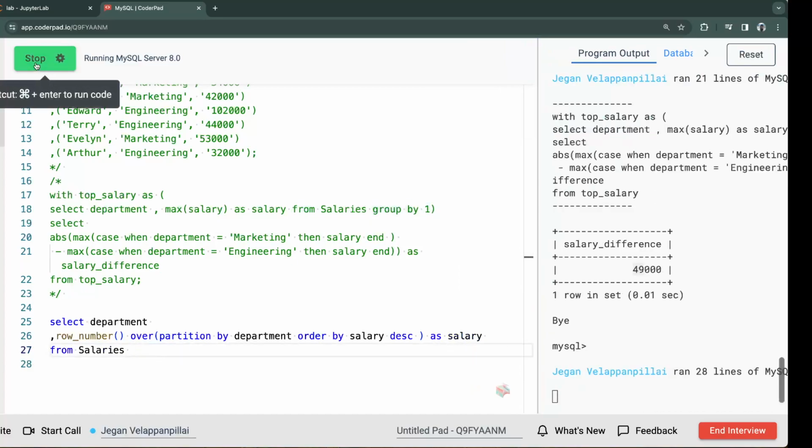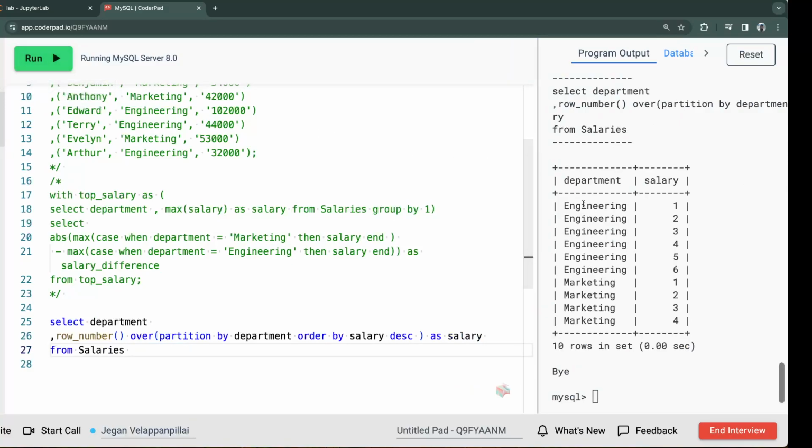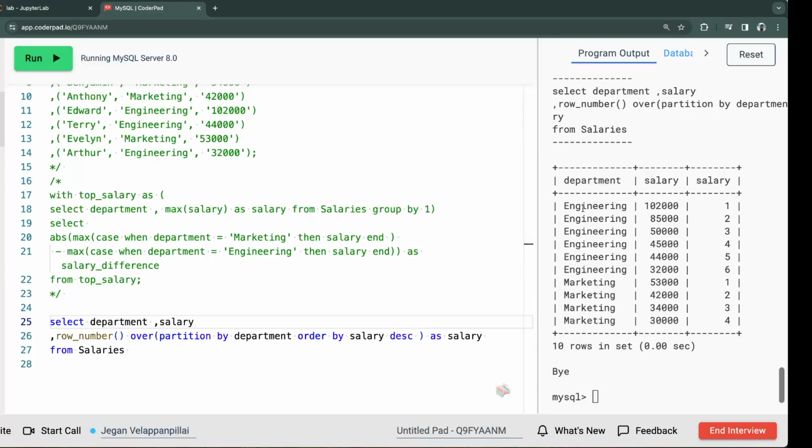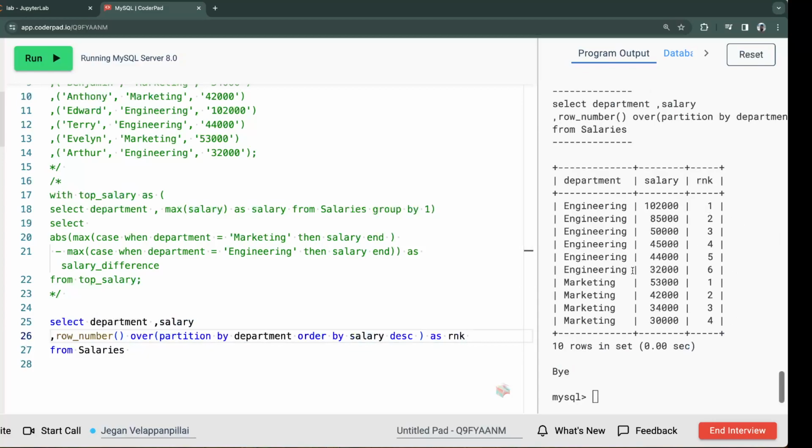Let's run it and see. So we have all the departments. We can just have the salary, so we can see. Okay, so every department, the maximum salary is going to be 1. So engineering, the salary 1 or 2k is having the rank. This is not salary, right? So the rank is 1, and for marketing 53k, the rank is 1. So we use this as the CTE table,